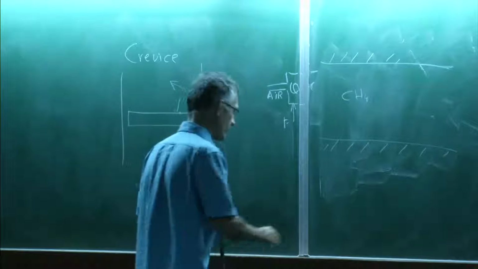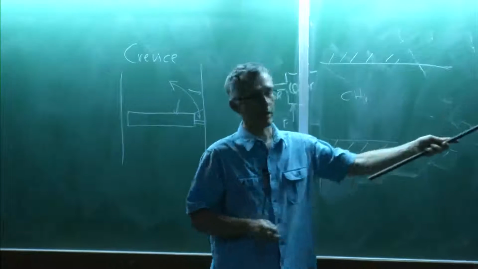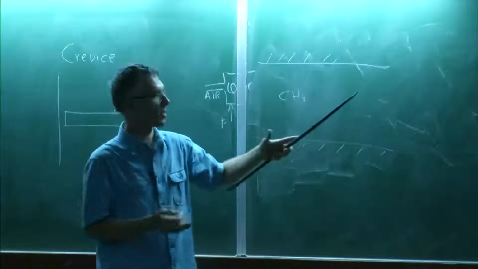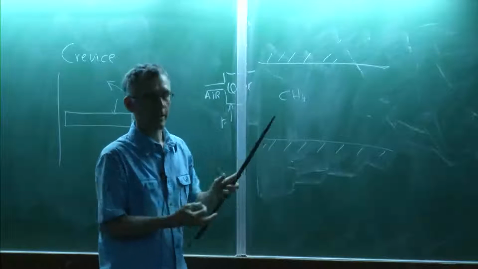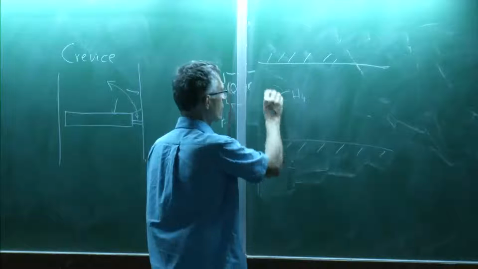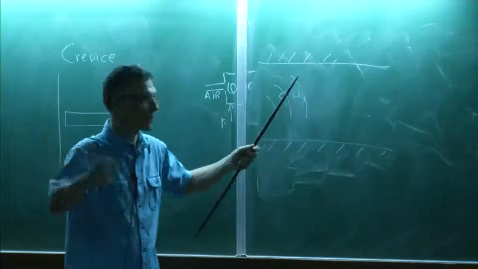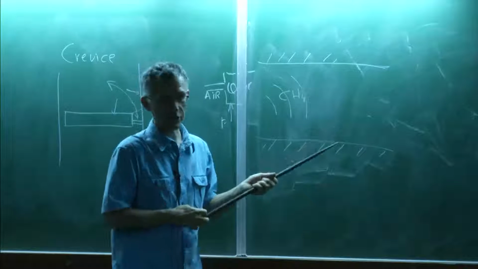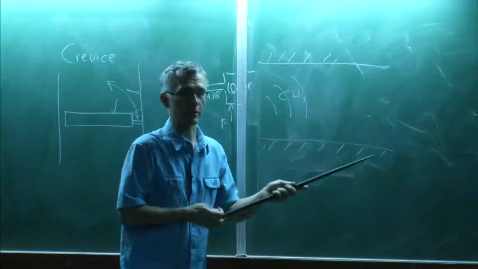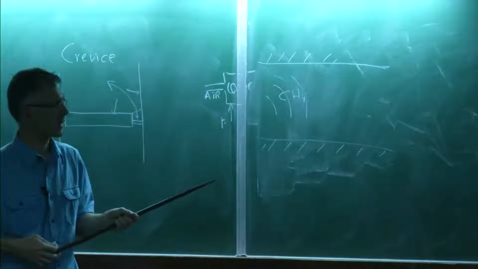Those people didn't take my course, but you know that if you have fuel and air and a flame, bad things may happen. It's even worse in the case of a mine shaft, because here you may have 200, 500 meters which are confined. And remember what we said about explosions. If you start a flame in a confined domain where you have obstacles and no place for the flame to expand, you're going to go to deflagration, then you're going to go to detonation. And this is a major safety problem. You will see that in a second.